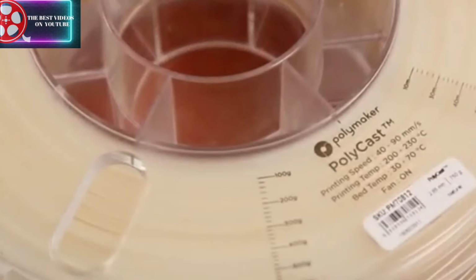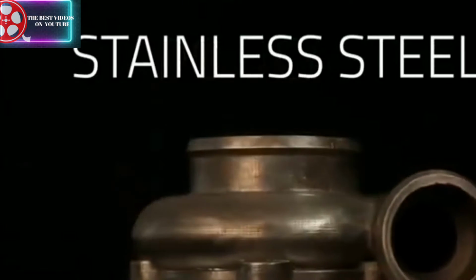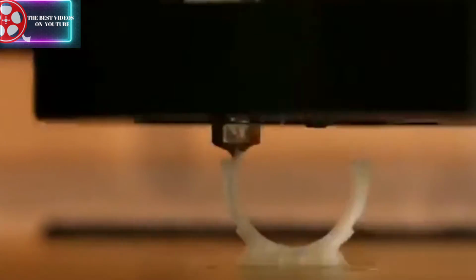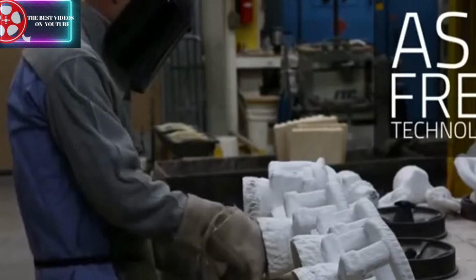Award-winning Lulzbot 3D printers now come with ready-to-print profiles for Polycast, a filament designed for investment casting applications where dimensional accuracy and surface finish are essential. It prints like standard PLA plastic, which makes it super easy to work with. But the main thing that makes Polycast special is the ash-free technology, which makes it easy to burn off during